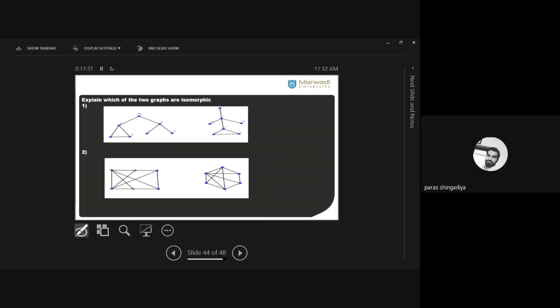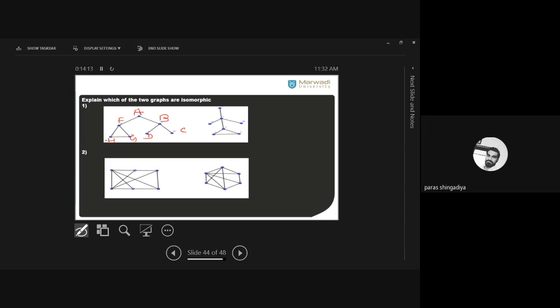Here, let's check it for the first graph. Okay, there are vertices A, B, C, D, F, G, and H. These are the vertex notations of the first graph. And these are arbitrary notations. Okay, you can name any vertex as A, B, C, D, and so on. And you can also start with any vertex for the mapping. You can start with F first, you can start with D first, you can start with C first, any vertex you can consider. Okay, so let's start with A. You have to check the one-to-one correspondence with the second graph.